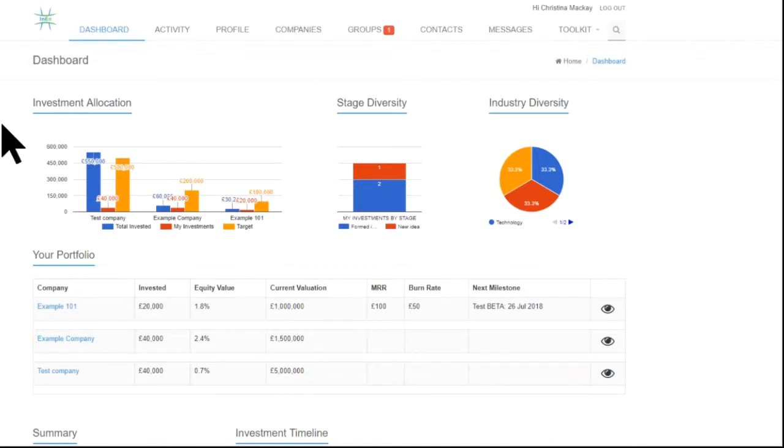I'm going to take you through each of these tabs so you know how to make the most from the platform. The first tab is your dashboard. Now this will be empty until you have committed an investment through the platform. And once you've done that, you'll be able to see your investment allocation, so how much the company is raising